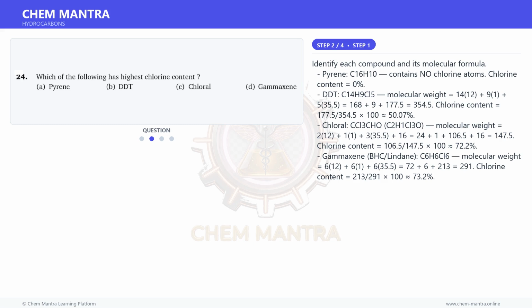Identify each compound and its molecular formula. Pyrene, C16H10, contains no chlorine atoms. Chlorine content is equal to 0%. DDT,